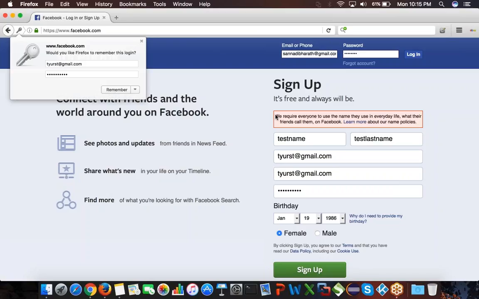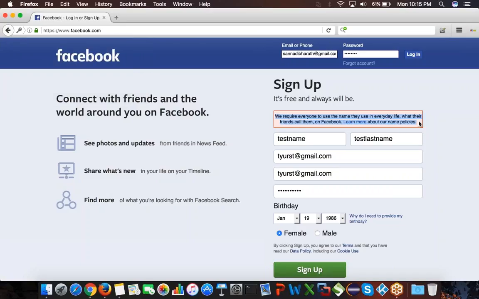This is a test case. So basically, if you give some test name, then it should not accept, because people can generate random accounts, right? So it is stopping us to create an account. So it is giving me some error message here. So that's what is happening here, correct?